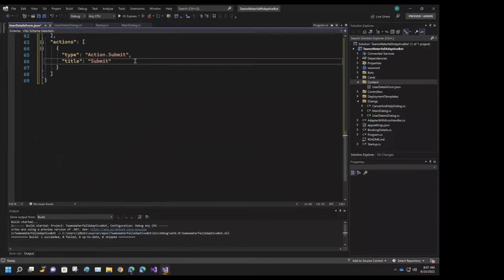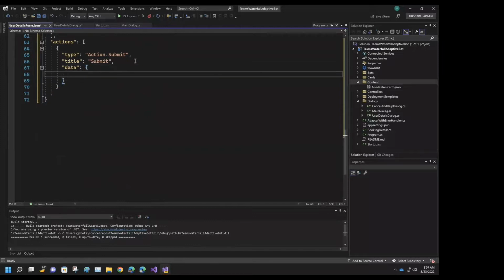So here, just add a new comma and I'll type data. In the latest version of Visual Studio, we don't have to type double quotes and it's really easy for us to add this part. So I'll open this object and you have to mention the teams, that is Microsoft Teams, MS Teams,